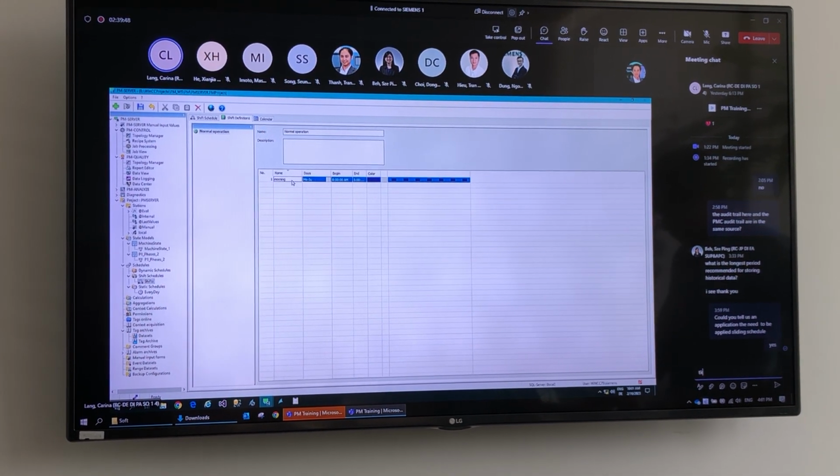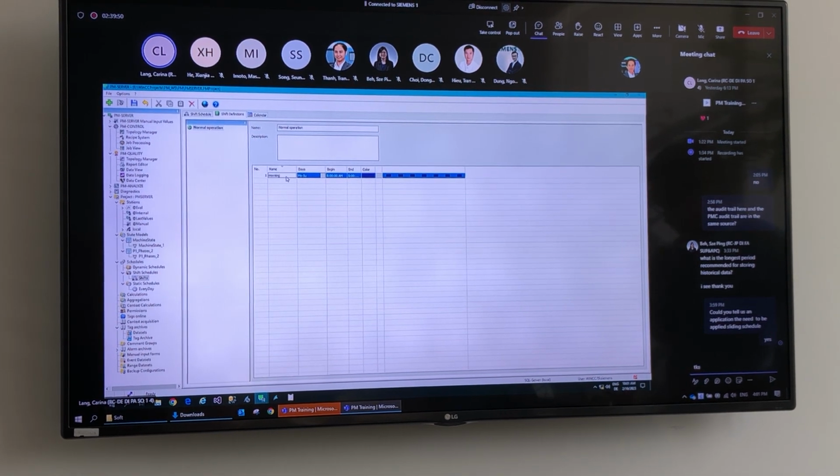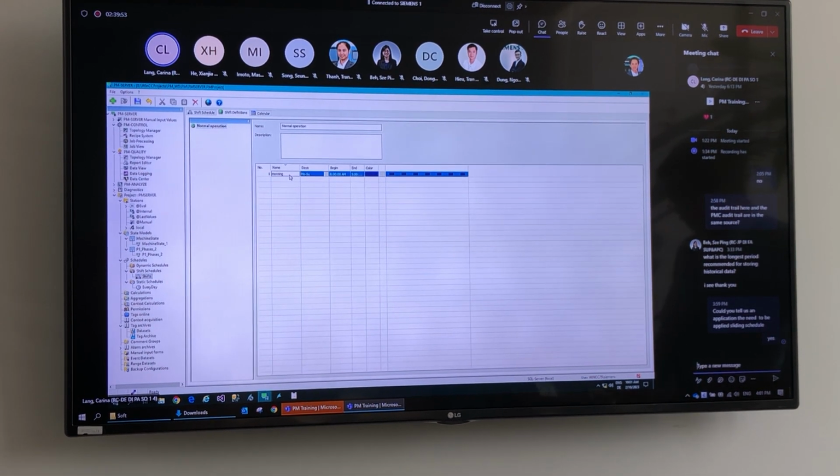So from my point of view, you will always need the sliding interval because you want to have these intermediate